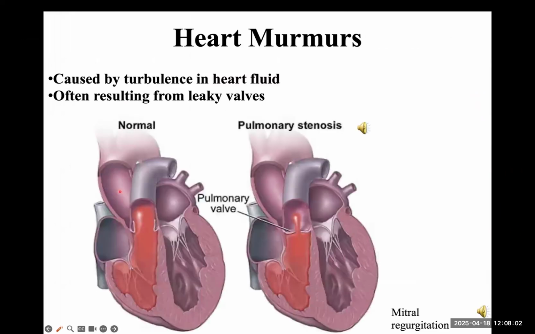And then earlier in the last video, I mentioned heart murmurs. Heart murmurs are basically caused by leaky valves, which cause turbulence in the heart fluid. And this is called turbulence. Turbulence makes a weird murmur sound. And we said that if you have an atrial septal defect, then you might have a heart murmur. I'll be switching back and forth here, going into the sounds and to the slides. So if the pulmonary valve is going to have a murmur,